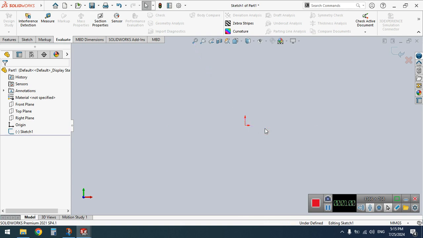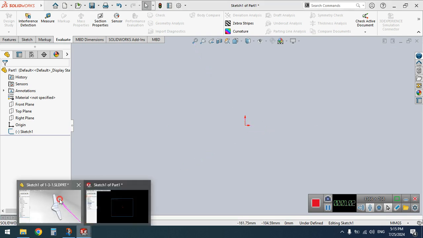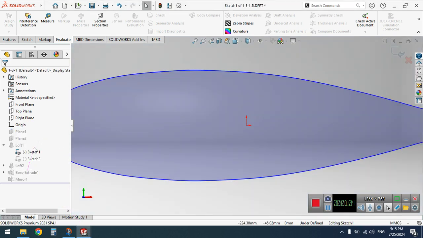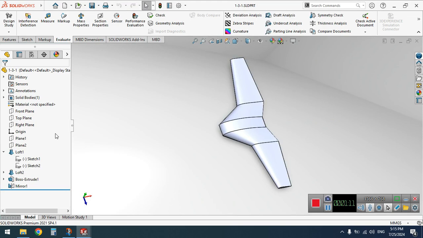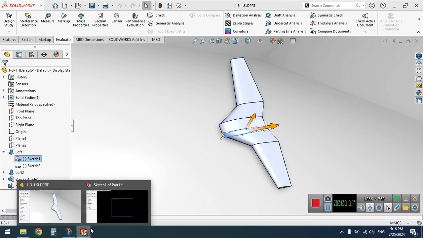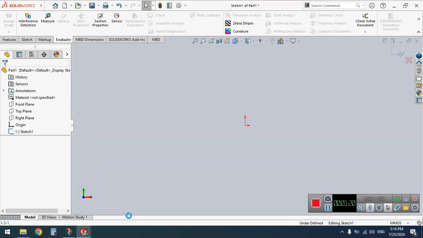Okay. On this sketch, exit this sketch first. Just highlight it and Ctrl plus C. Coming here, Ctrl plus V,